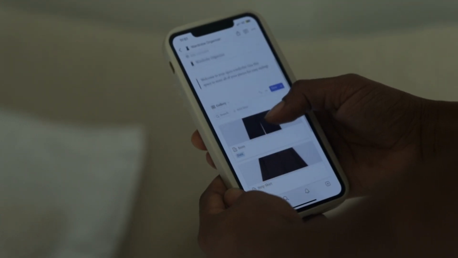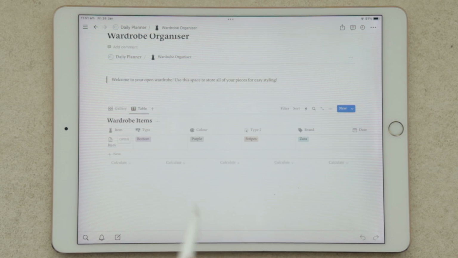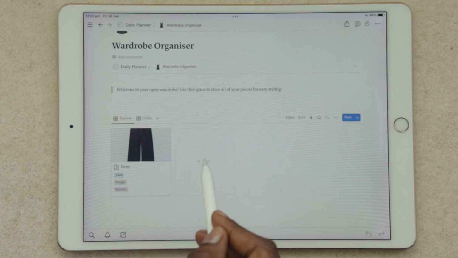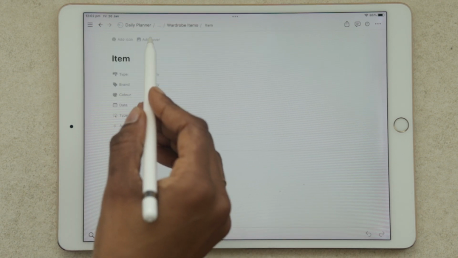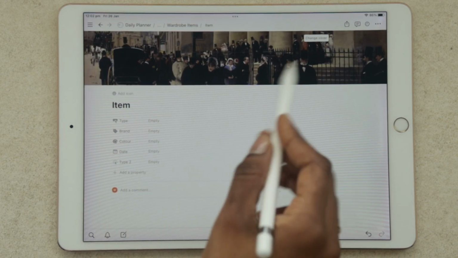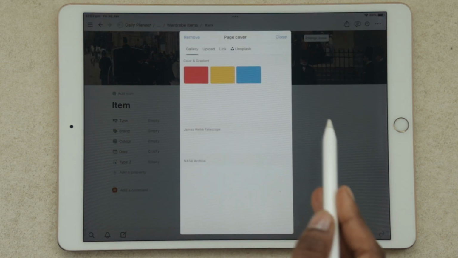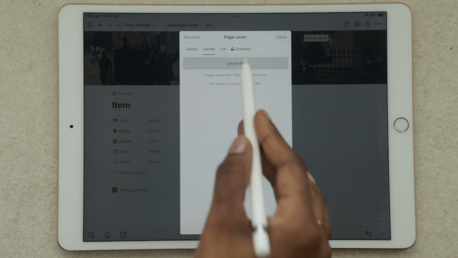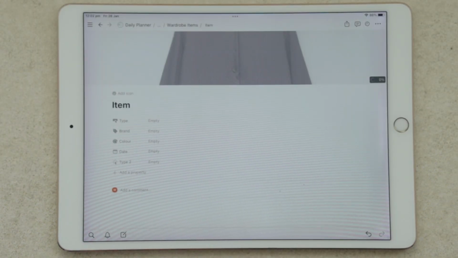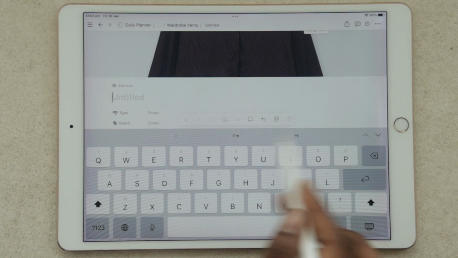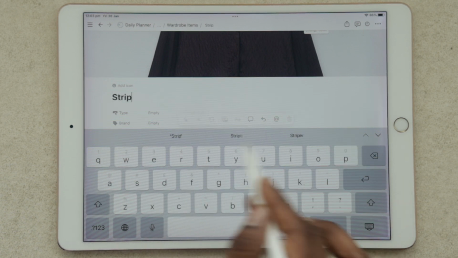So you have a gallery view and you also have a table view here. It's pretty straightforward and simple. We're going to add a new item just to show you guys. You want to hit new. Where it says add cover at the top, you select that. It will bring up an automatic cover. You can now select change cover here and then upload file. So I'm going to do 2 examples to show you guys, and I'm just going to put this as